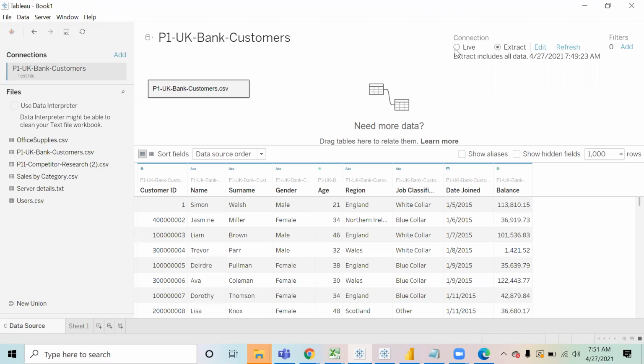Because there's a concept of server. Remember in the first session we were discussing, there are Tableau servers, on premises and online server. So what you do is when you publish the report, you can publish the extract also. So this extract will be saved on the Tableau server in that case.